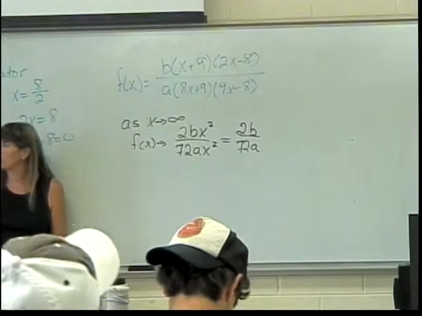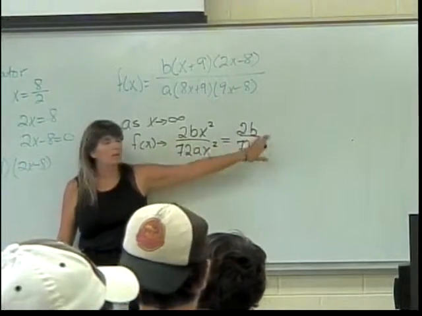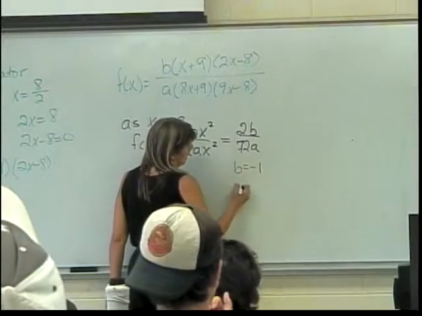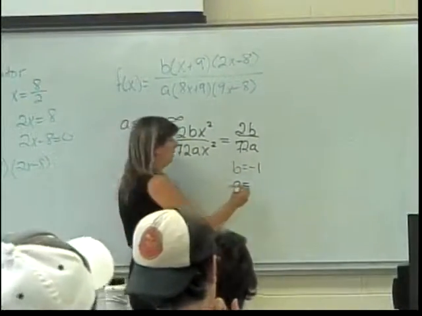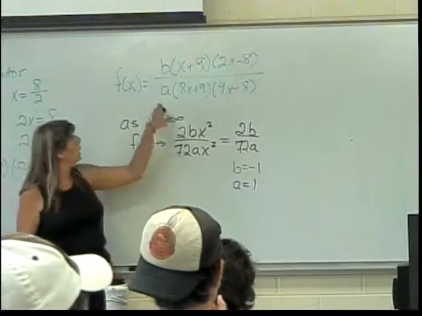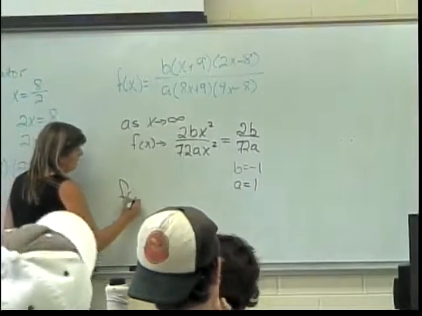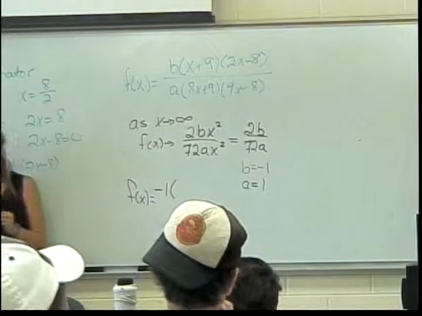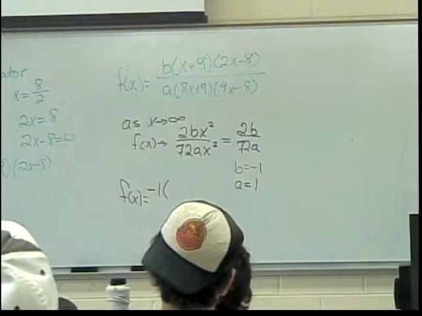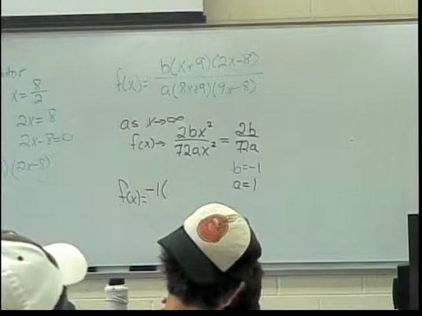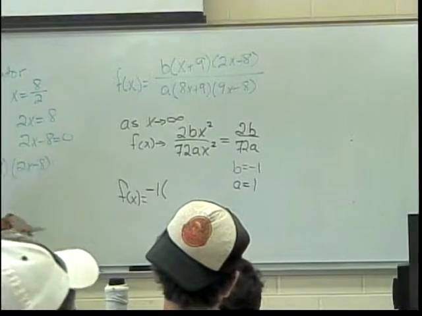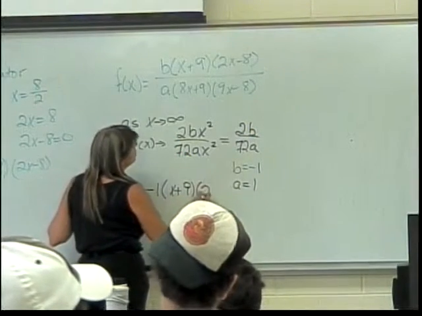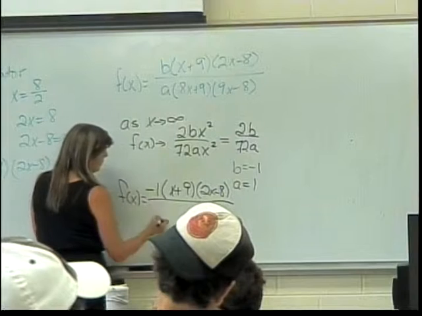Negative 2 over 72. So what does that negative mean I need to make my b be? Negative 1. So b is going to need to be negative 1, and a then would need to be 1, because only one of them should be negative. So my function will be, in the end, f of x equals negative 1 times x plus 9 times 2x minus 8, all divided by, and I can leave off the